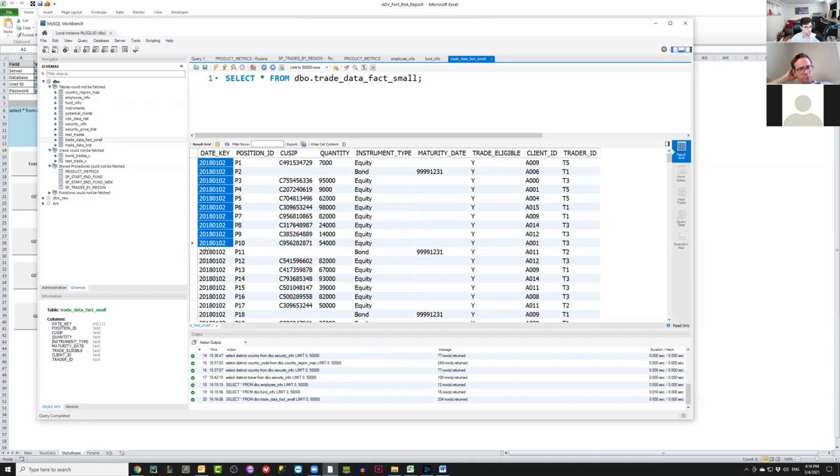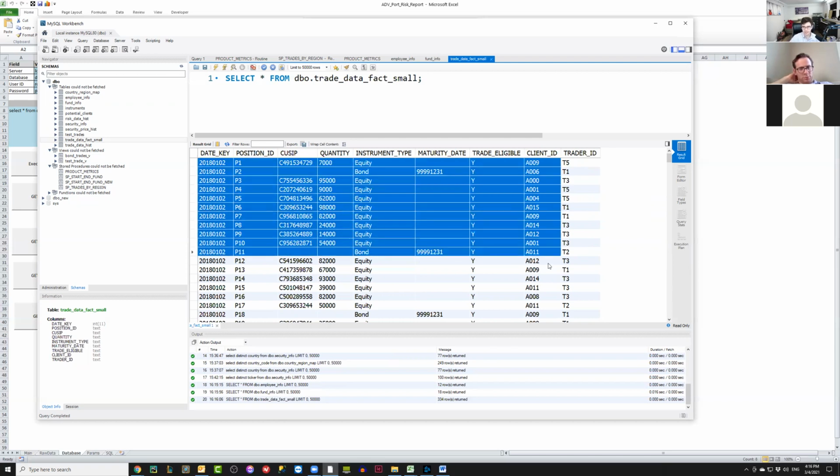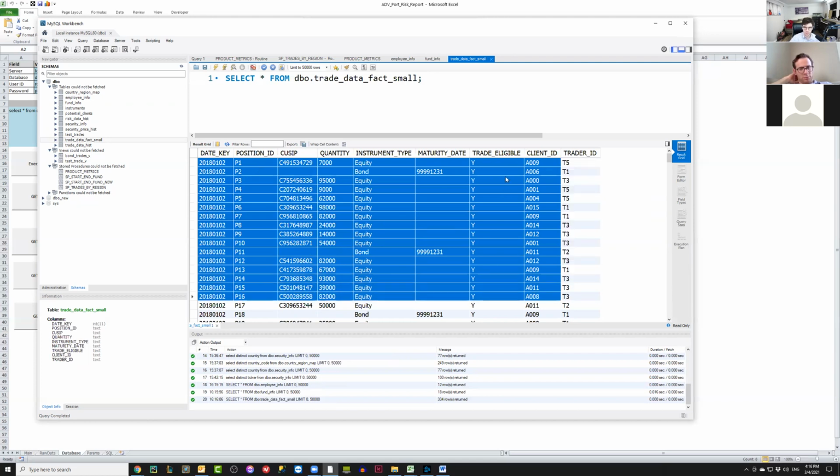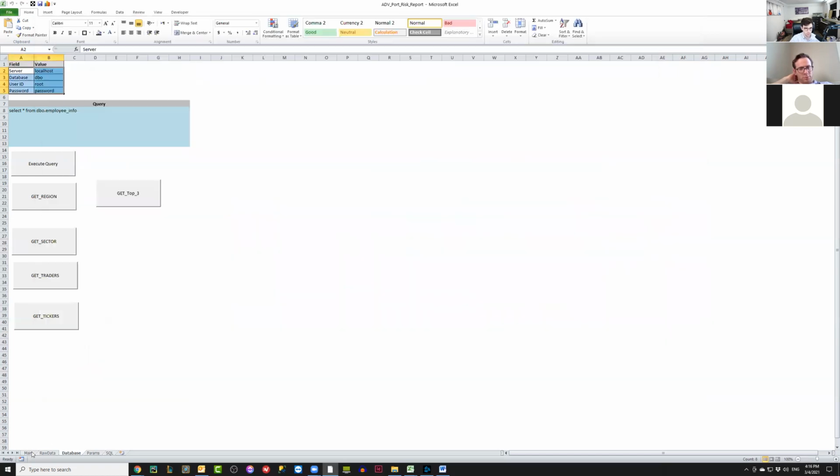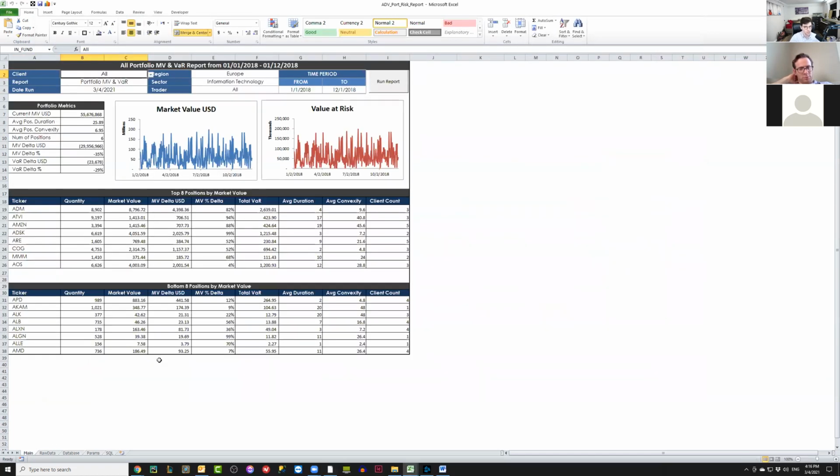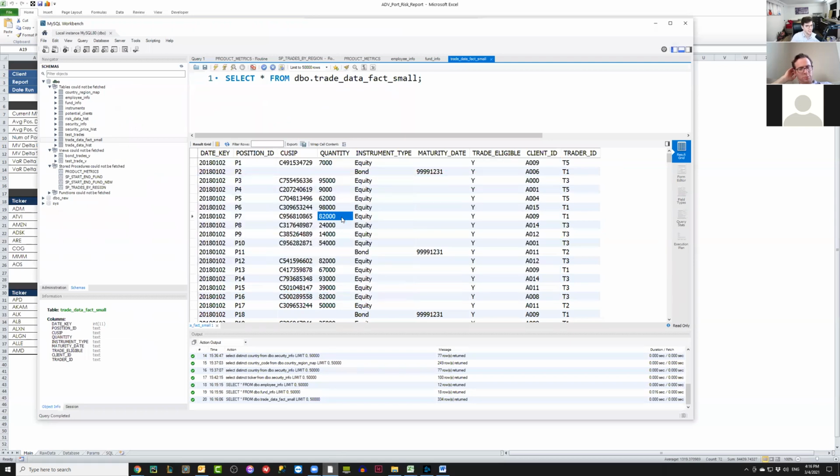When you take all these tables and you kind of stuff them all together, which we're going to do, what you get is an enhanced data set. This is kind of like gibberish. It's like, okay, some trader traded some CUSIP for some client on this day at this amount. It doesn't really amount to much. But then when you come here in Excel, this is really useful information. We see how the portfolio is doing, what kind of risk it's taking on, the duration and convexity, which are other risk measures, ticker specific information. And again, you look back here and you're like, I don't see that here. Well, that's because it's ingrained in all of these tables.